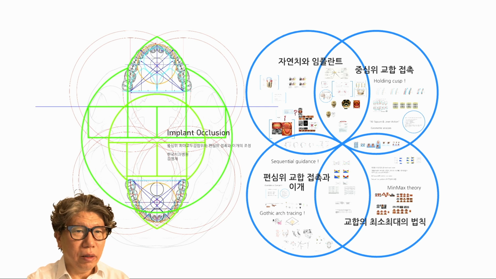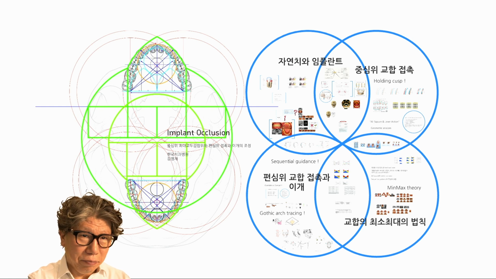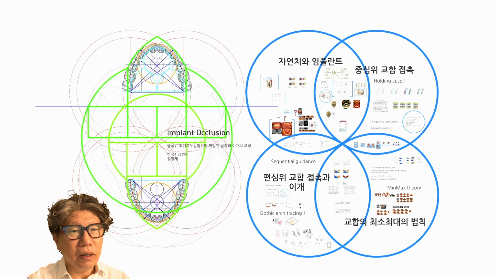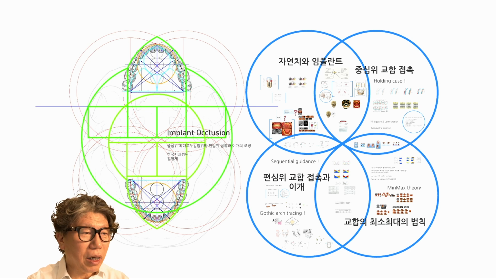Last Saturday, I conducted a continuing education lecture for the Namyangju Dental Association under the topic of implant occlusion. We covered the differences in occlusion between natural teeth and implants, centric occlusion, and then eccentric occlusion, contact, and disclusion. We covered up to this point in the lecture and the maximum minimum law of occlusion, also known sometimes as the minimum maximum law. Regarding this, due to a lack of time in the current lecture, I mentioned that I would supplement it in this YouTube